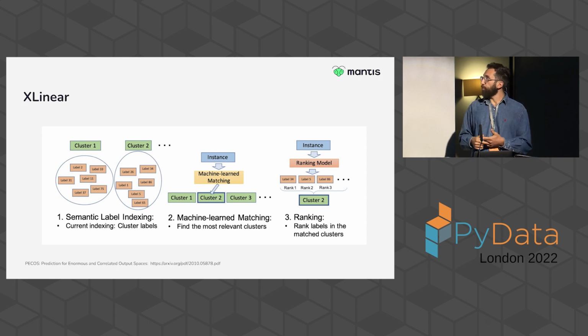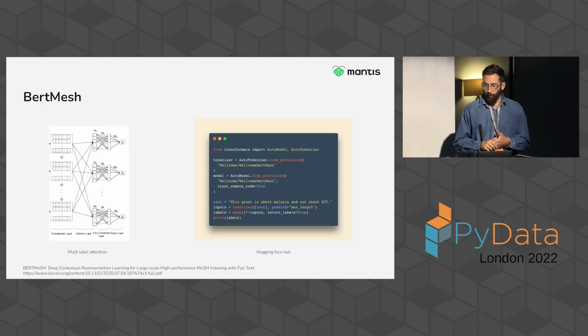But they also have a transformers-based model called X-transformers, which in theory plugs into the second stage. Instead of doing a linear model there, you can do a transformer to produce the clusters, and then that, in theory, works better than linear. In our case, we didn't see that performance boost. But where we did see the performance boost was in this last model we built, which